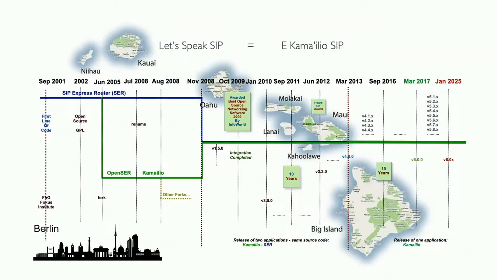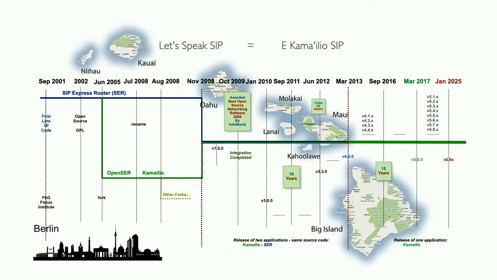A more detailed timeline for those that are new to the project. When you search on the net, you see various names for a SIP proxy, like SIP Express Router or OpenSER, which is now Kamailio. They are all related. There was some forking, then merging back. And for quite a long time, it's only Kamailio, marking the last release, which I will have some words about, happened in January. It's a major release, because then we have bug fixes and we do minor releases from each of these series.